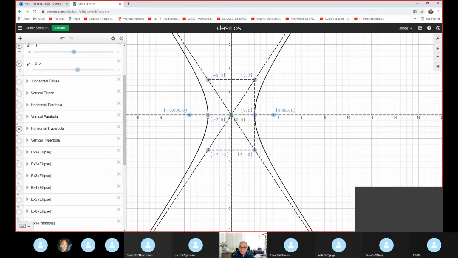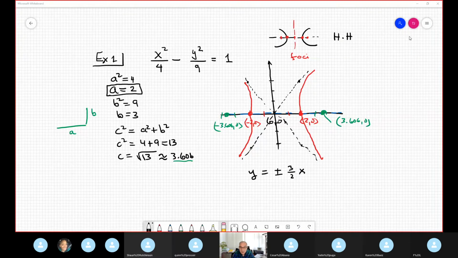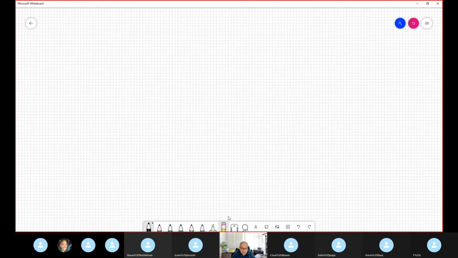Let's move on to the more interesting example of the hyperbola, in which you need to modify the equation a little bit, because in example 1, the equation given is standard. How do you know it's standard? When the right hand side is 1, it's standard, no? In example 2, no. In example 2,